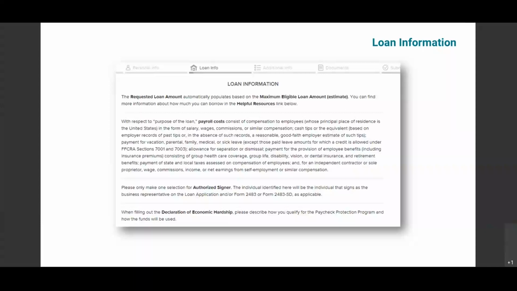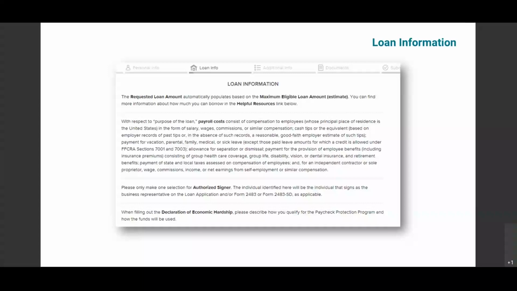I will make a quick note, and Mr. Jones had it on one of his slides. There's actually two different types of applications. One would be for first draw loan applicants. And by first draw, that would mean that you did not receive any PPP financing in round 1 in 2020. So I think that period extended from April through October, I want to say. That's saying that you did not receive any funding in round 1. If you did receive any funding, then you would be filling out the application for the